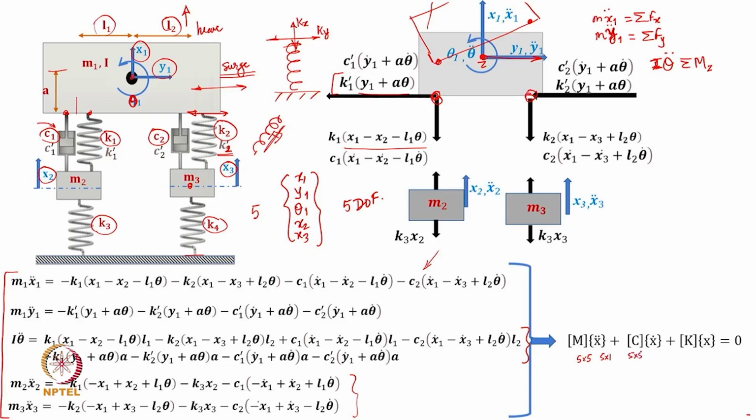The damping matrix will again be 5 cross 5, the velocity response will be a vector of 5 cross 1, and exactly similar for the restoring force. And that is going to give you a force balance in a multi degree of freedom system: m x double dot plus c x dot plus k x equal to 0. For most of our vibratory systems in the mechanical engineering domain, by and large all the matrices are going to be symmetric matrices,